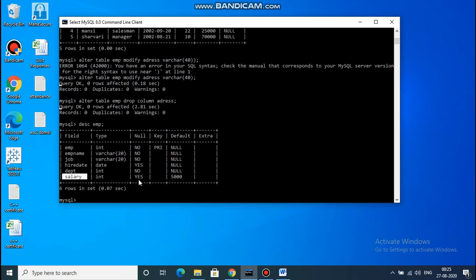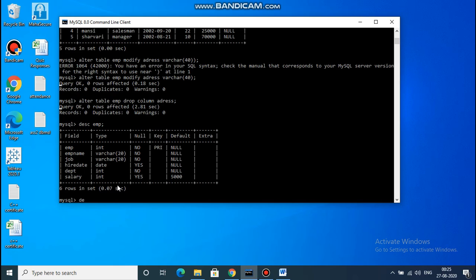Means address column, address field we have successfully dropped from the structure of the table. Okay, now next DML query is remove details of EMP name Smith. Now see, we have to delete the data of employee name Smith.